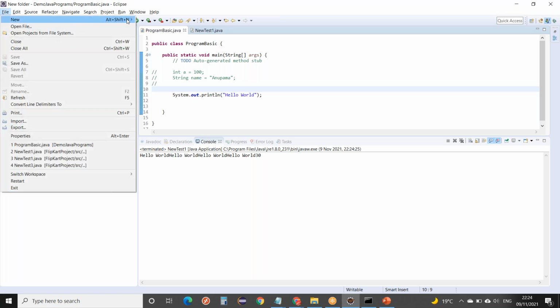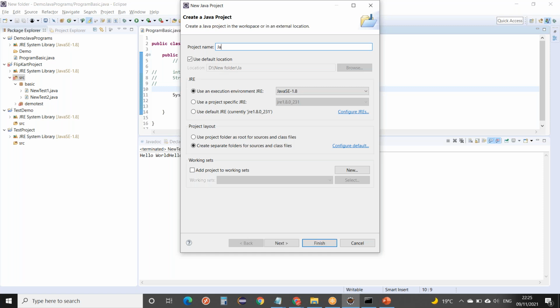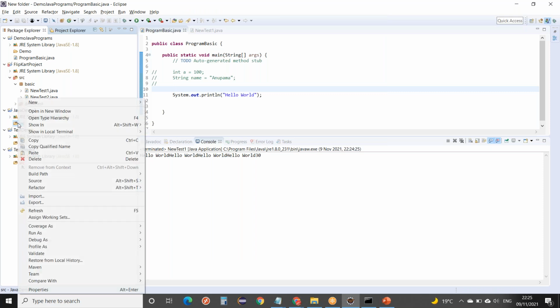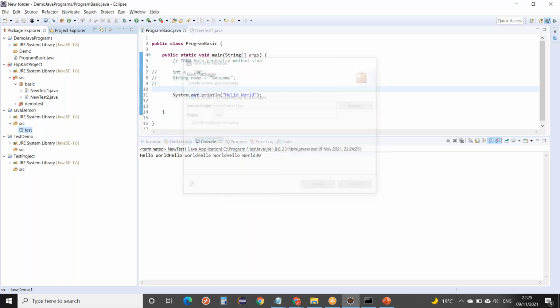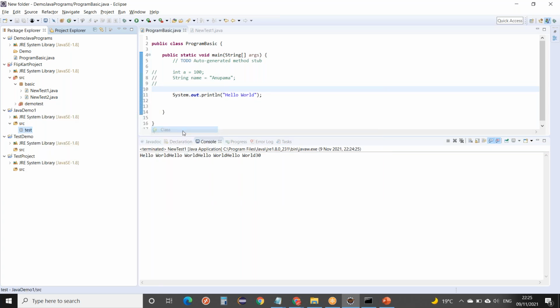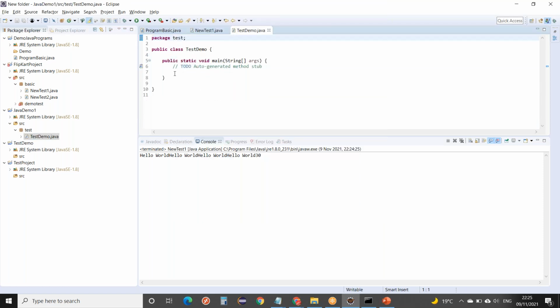Okay, so I will create a new Java project. Okay, so here I will write Java demo 1. So this time I'll not remove this src folder, and then create a package here. We'll give a test package, and then I'll create a class. So I'll write TestDemo as a class name, and here I will write a